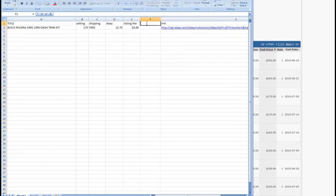So your total cost should be below this price, right? So cost after eBay. Basically, we're going to say B2 minus D2 minus E2. Okay, so we're supposed to buy it. It's free shipping, so it's minus $15, right? Because it's free shipping. Okay, so basically, we're supposed to buy it at $135